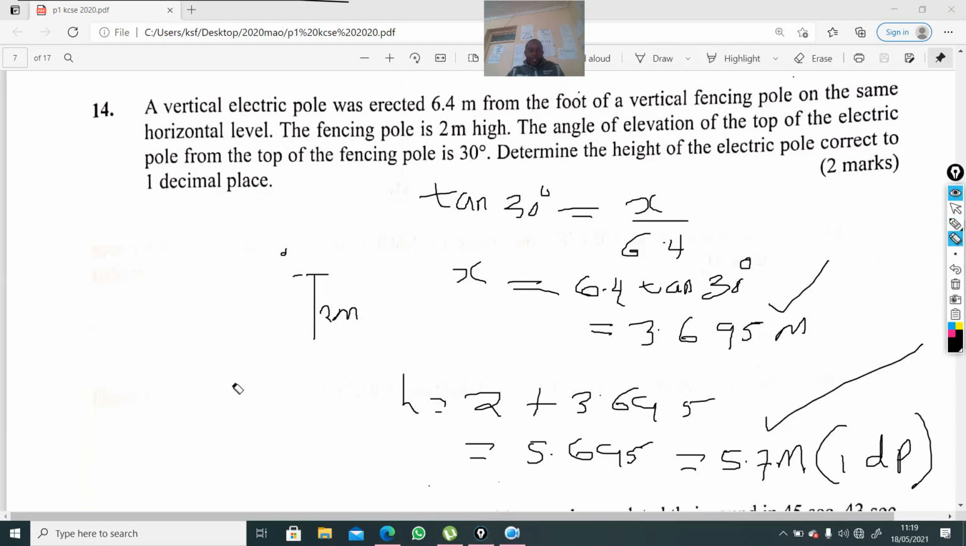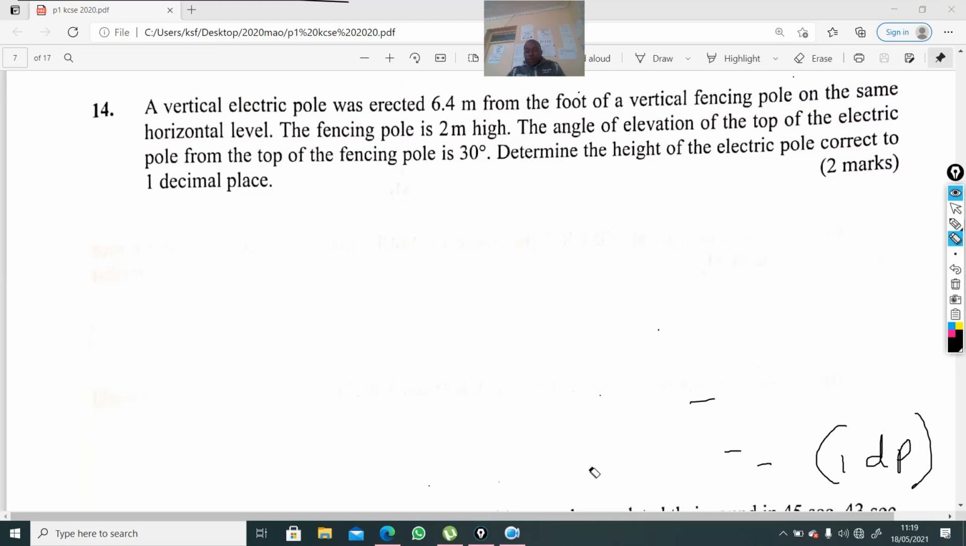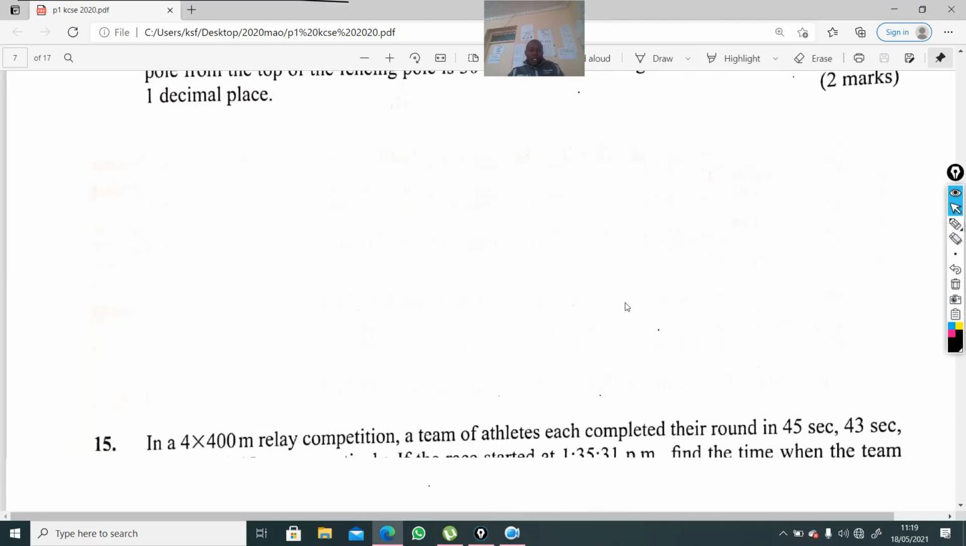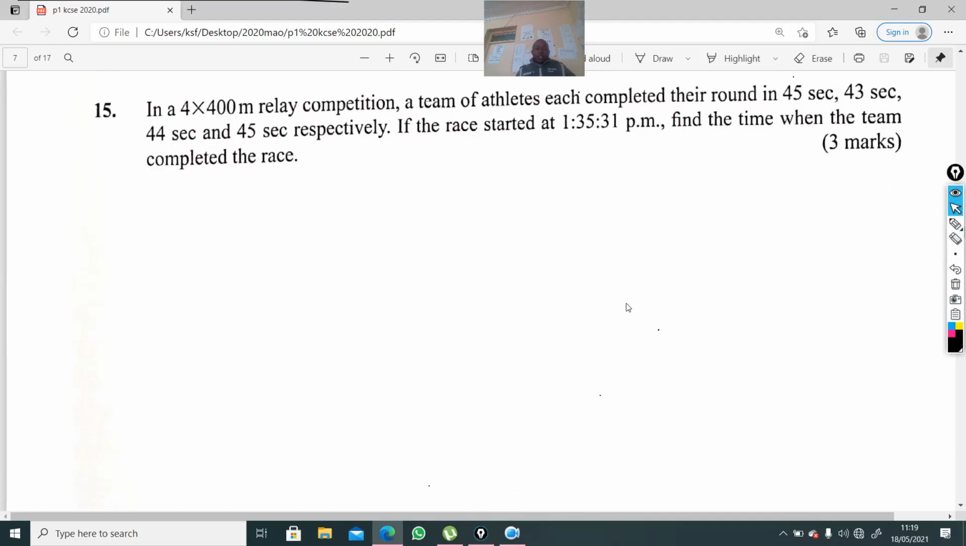The next question is question number 15. So the section A of 2020 paper 1 was very simple, if you really followed the instructions. Now the next question 15 is talking about